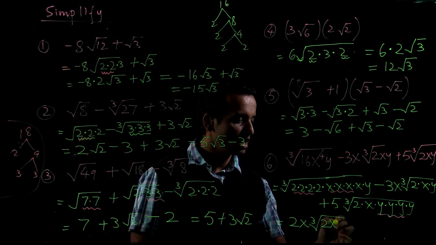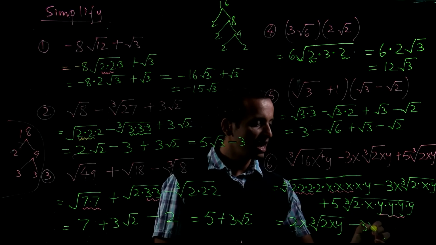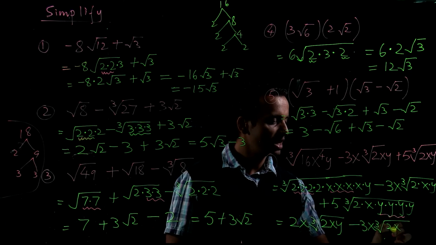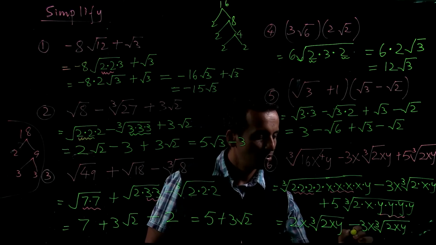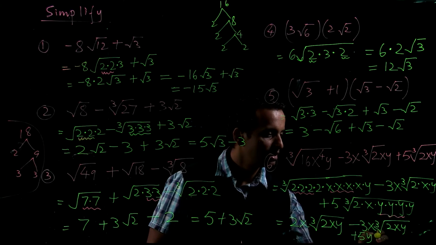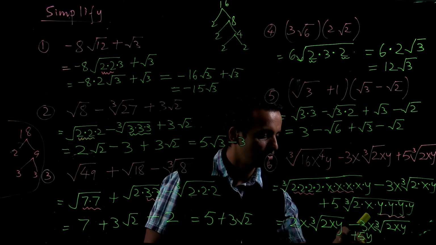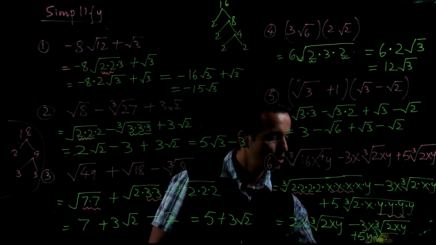Okay, 2xy minus, that is 3x cube root of 2xy. And how about the last one? Plus 5y, and then cube root of, because see, from these 3 y's you can write that y outside. So cube root of